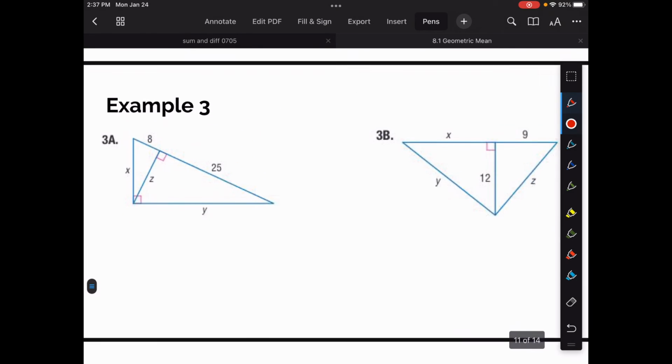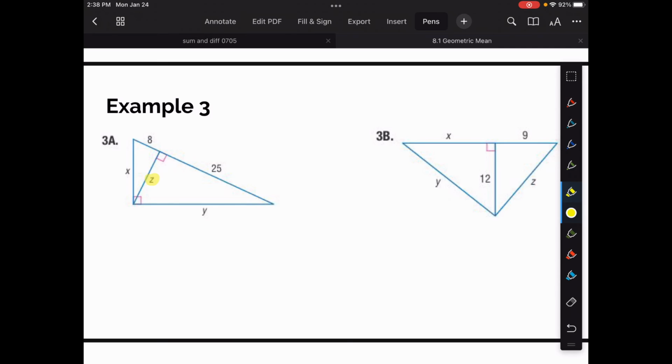All right, so example 3, for 3a here, we see that we have three variables that we're trying to solve for. The first one that I would solve is this guy, because I know that that's equal to the geometric mean of 8 and 25. So I can take the square root of 8 times 25. By the way, I could simplify that first, but let me not confuse you here. 8 times 25 is equal to the square root of